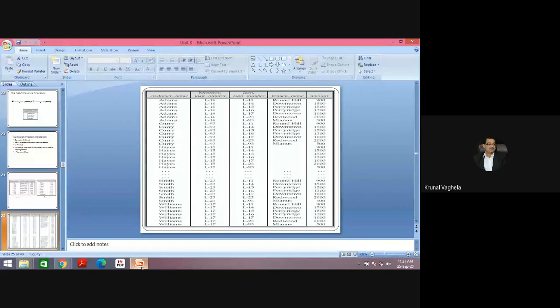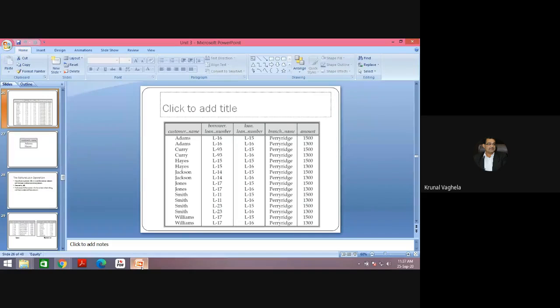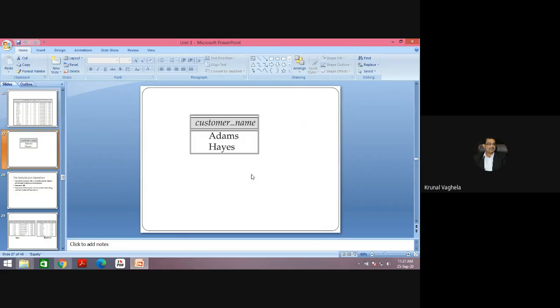Then we need to put the filters. Here the branch is Parish, so we put the filter. Then we are only interested in the records where the loan numbers match, because there is too much redundant information in the table. Then we wrote the queries for this, and this is the final output.